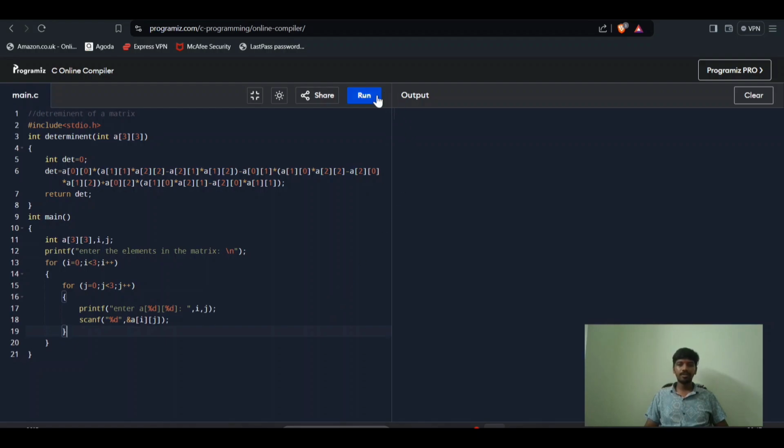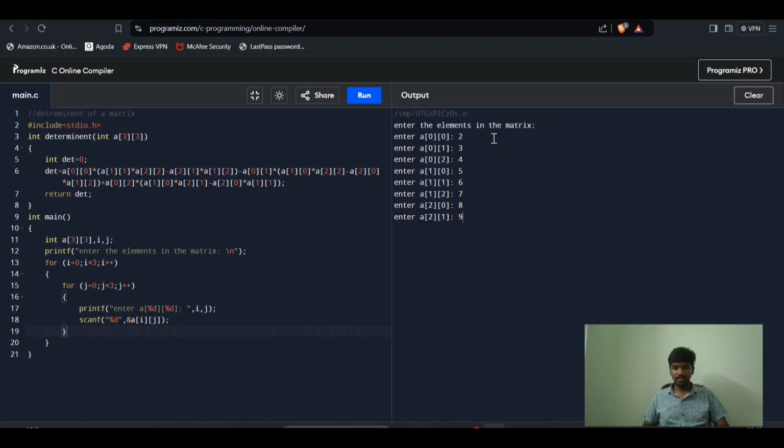After executing the code, we will run. So it will come like enter the matrix elements. So I will enter the first element as 2, then 3, 4, 5, 6, 7, 8, 9, and 1. So up to here, we have entered the elements of the matrix. Now let me try to print the elements